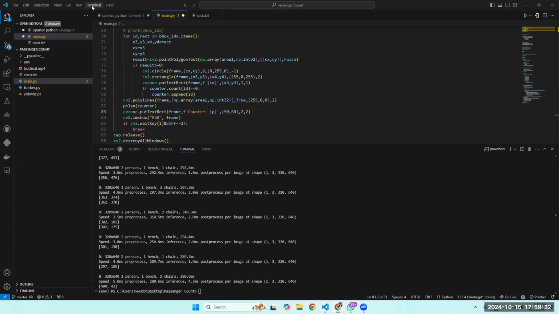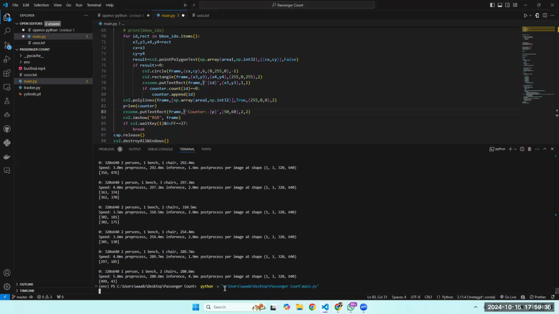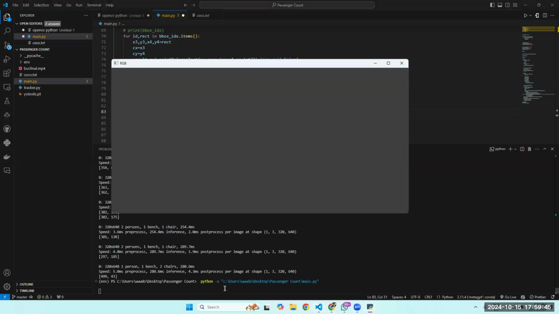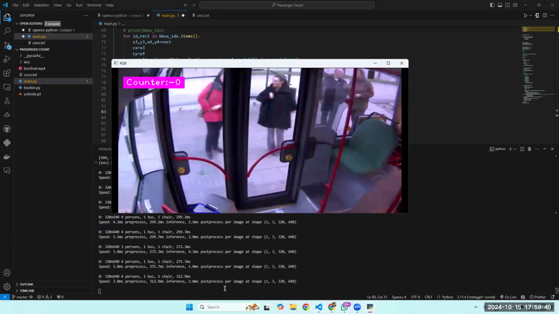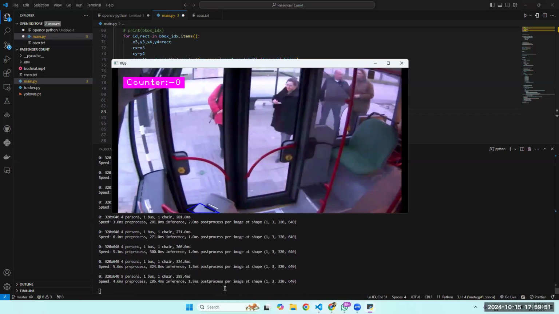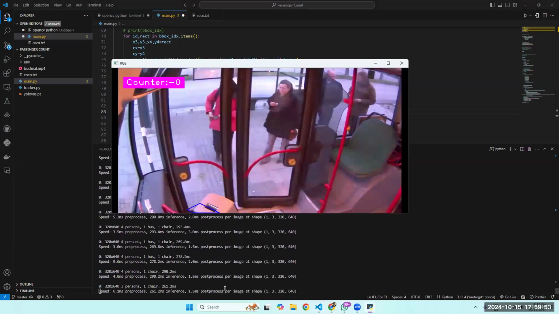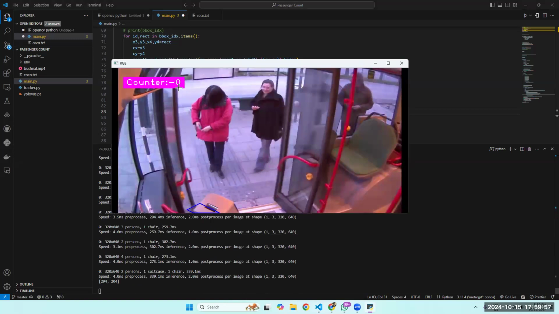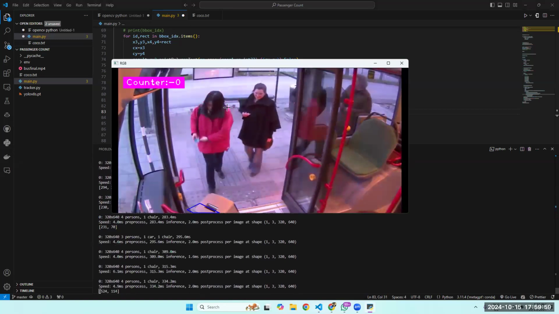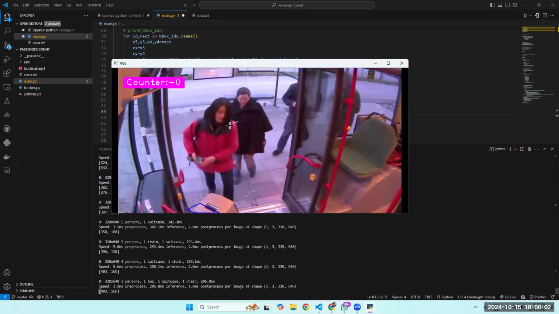Let me run this demo once again. I actually have very slow RAM right now, so it's going to take a while. So here the program is running and the video stream is loading. And here, if you can see the counter, it is 0 right now. And as soon as this person enters, right,